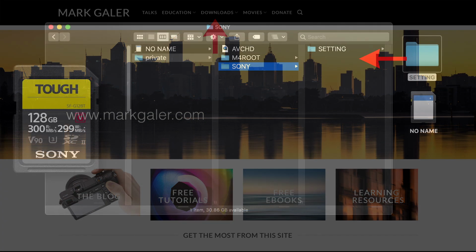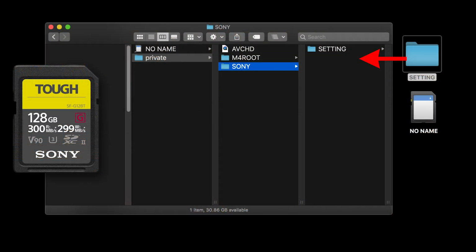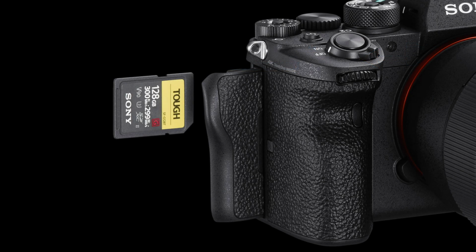Once you've put your memory card into your computer, you're going to be looking for the Sony folder, which lives inside of the private folder. Now you need to copy my setting folder inside of your Sony folder. If you already have a setting folder there, you're going to need to replace that. Once you've done that, you're going to bring your memory card over to your camera and put it in the